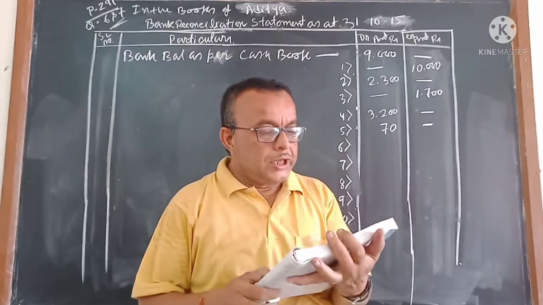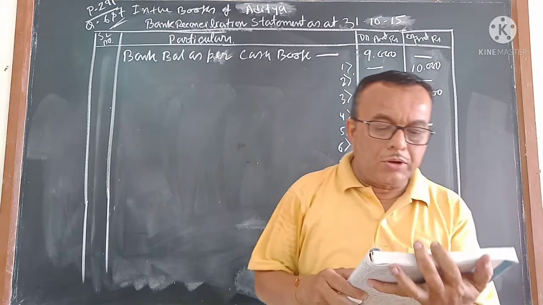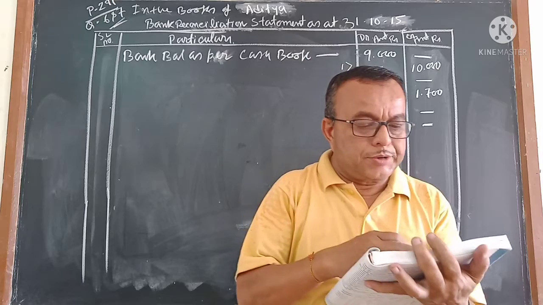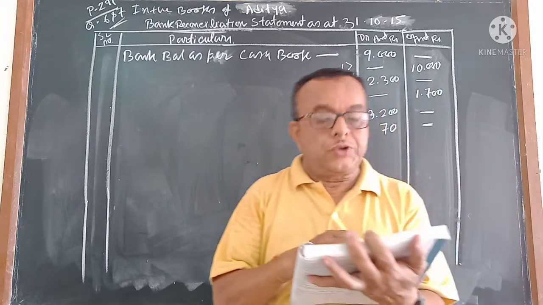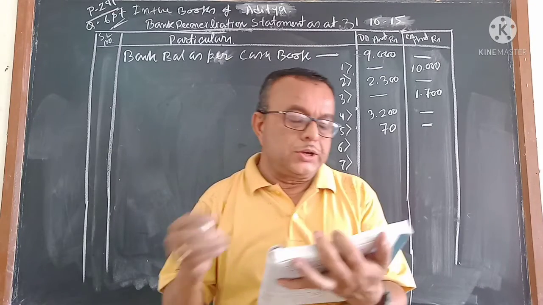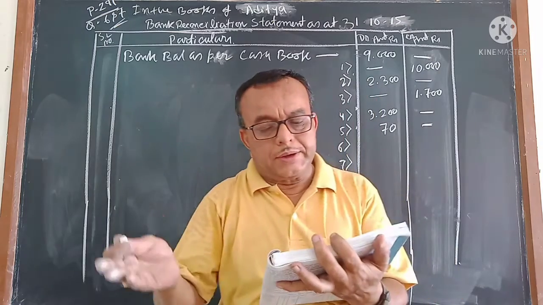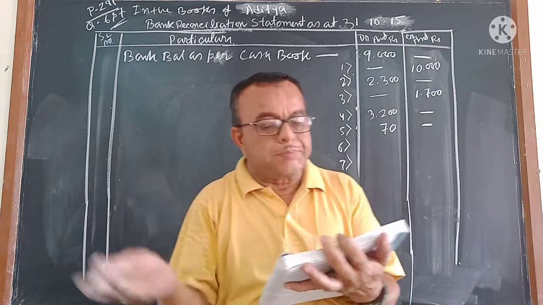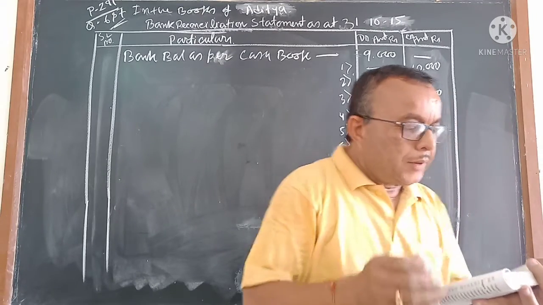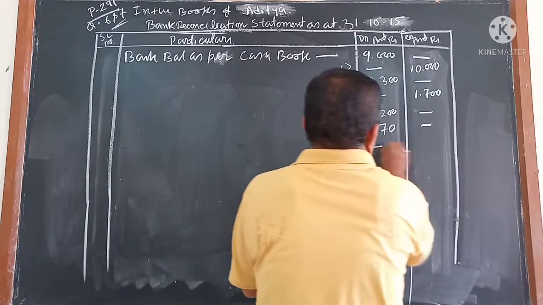Next, number 6. A check of rupees 6,750 deposited with the bank on 27th October 15 is dishonored. This information is received by Aditya on 1st of November. When we deposited, at that time I debited, the bank credited. After that it was dishonored, meaning the bank debited, and I should credit it. But I credited late, although I did not credit 6750.